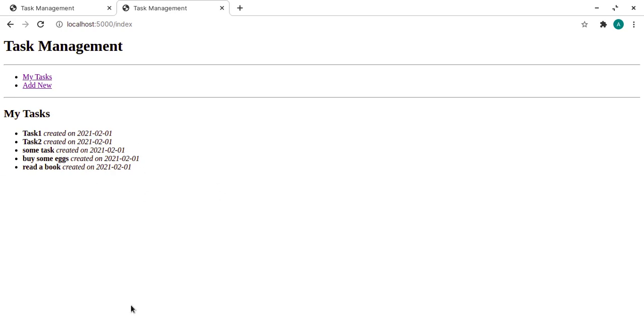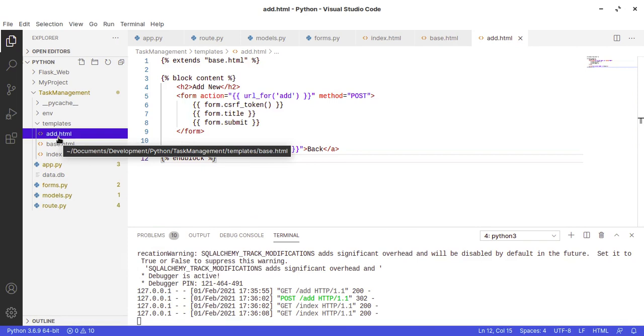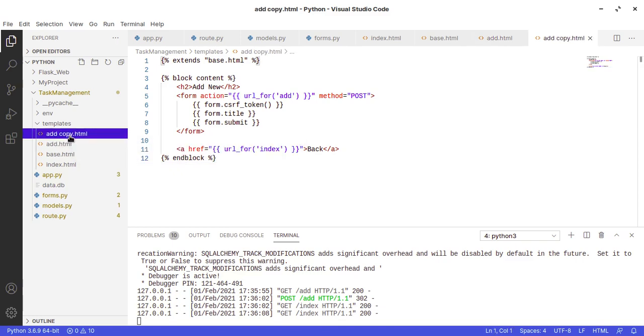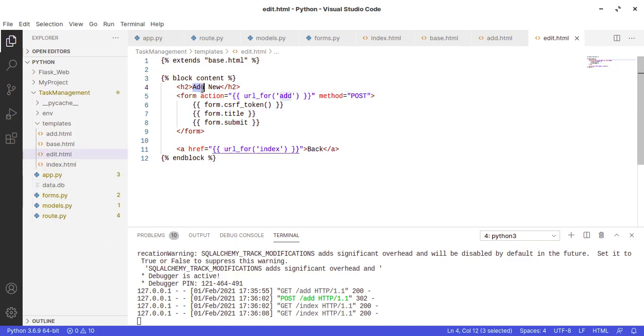Okay, now most of our functionality is there. We just need the edit and delete. For that we can just maybe copy this one, and then we can create. Okay, so let's create the edit first. So for edit we are going to create the template first. Actually for edit I can just copy this, and then rename it to edit.html, and inside here I'll say edit task.